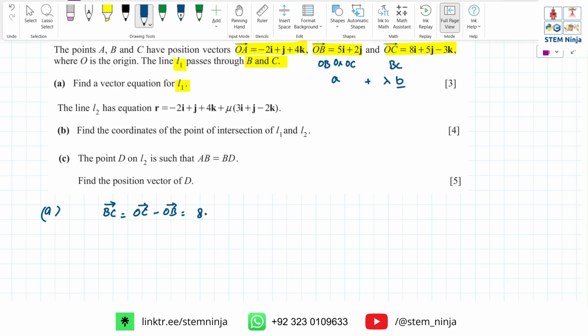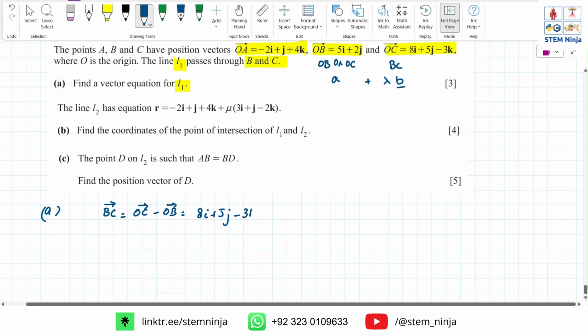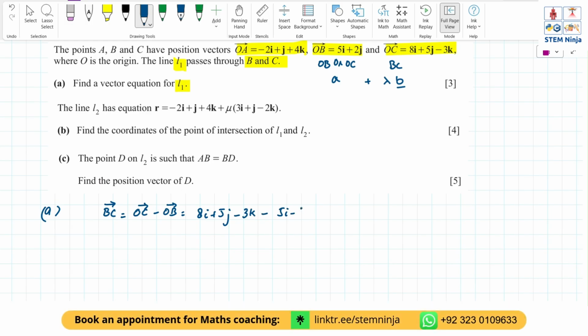So 8i plus 5j minus 3k minus 5i minus 2j. So we get 8 minus 5, that is 3i, 5 minus 2, 3j, minus 3k, right? So yeah,